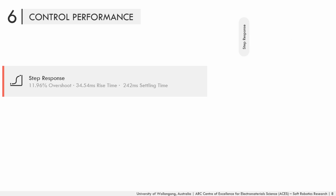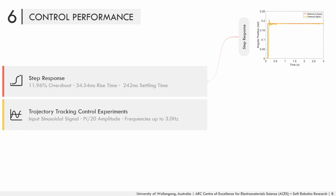To assess the control performance of the fingers, other experiments were performed. First, a step response control experiment was performed as shown in the top figure on the right-hand side. The finger showed a robust response to a step input with a small percentage overshoot, short rise time, and short settling time. Then, additional real-time PID trajectory control experiments were performed at two different frequencies of 2 and 3 Hz